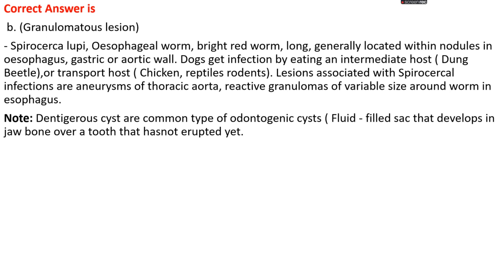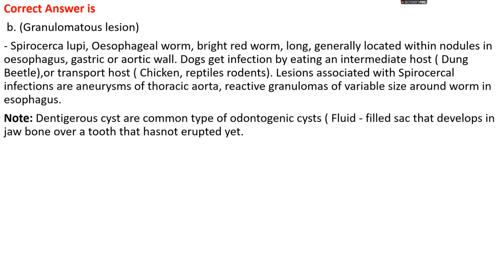Spirocerca lupi is also known as the esophageal worm, which is a bright red, long worm generally located within nodules in the esophagus, gastric, or aortic wall. Dogs get infections by eating an intermediate host, that is a dung beetle, or a transport host, that is chicken, reptiles, and rodents. The lesions associated with spirocercal infections include aneurysms of the thoracic aorta and